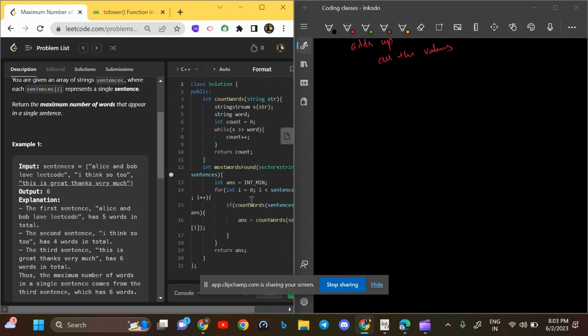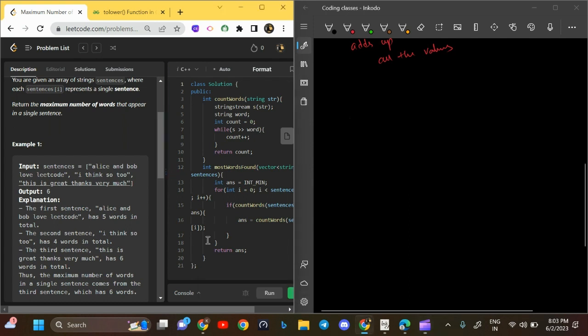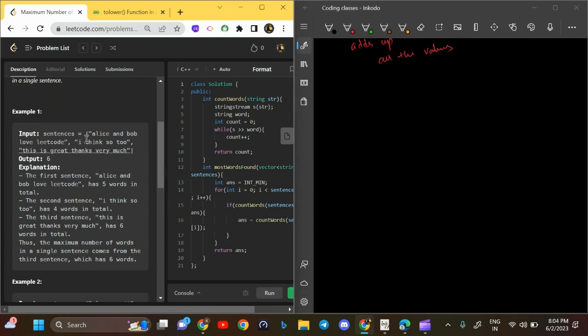So basically, what they're saying is, let us take this example sentences. First sentence is "Alice and Bob love LeetCode". So what is the sentence? Alice and Bob love LeetCode. So the total number of words is 5. There are 5 words. And second